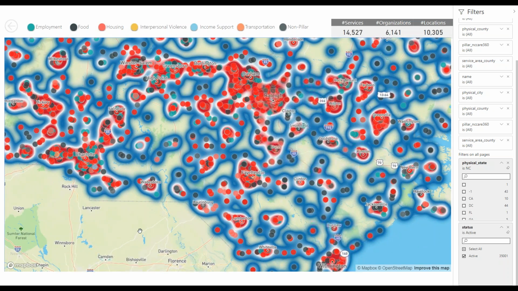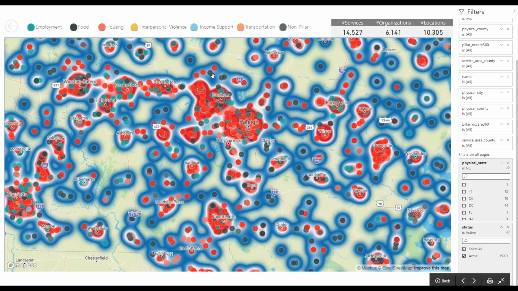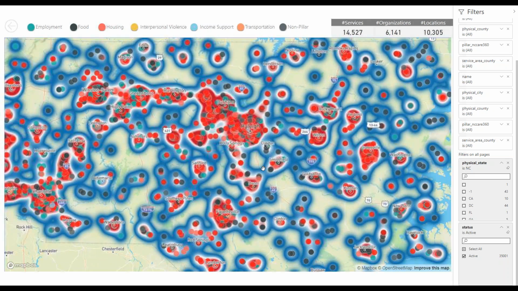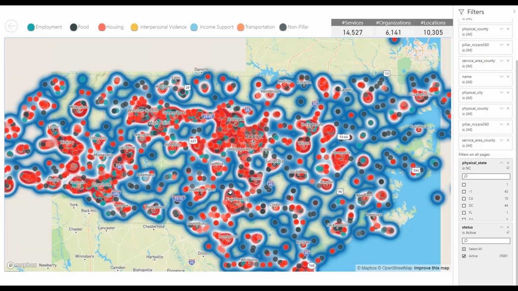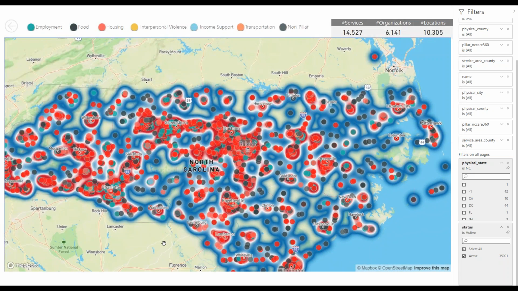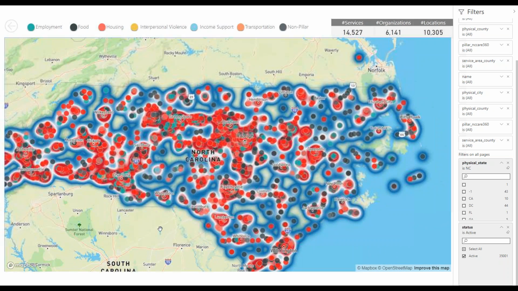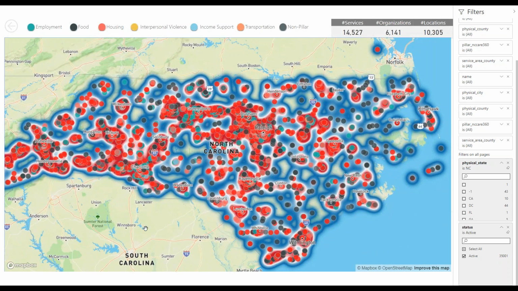And if we scroll in a little bit more, you can start to see that these areas, so the density of the programs and services, have locations in places, of course, which you would expect, which are the more populated areas across the state. This is impressive to me, having worked with a number of states and provinces with their data. Typically, you see much bigger holes, or you see a lot of clumps with a lot of